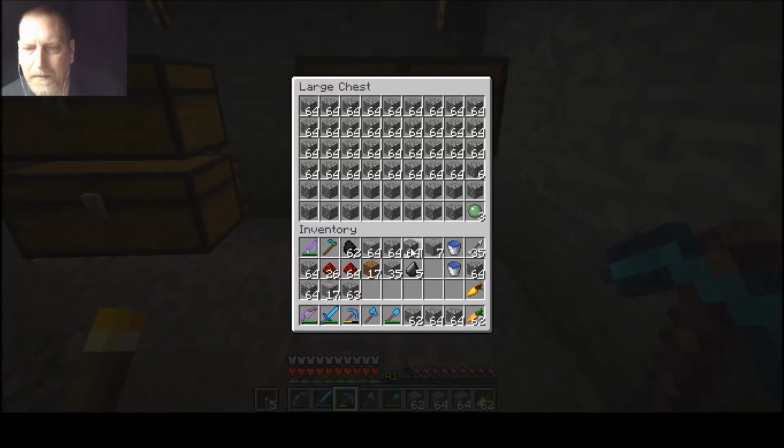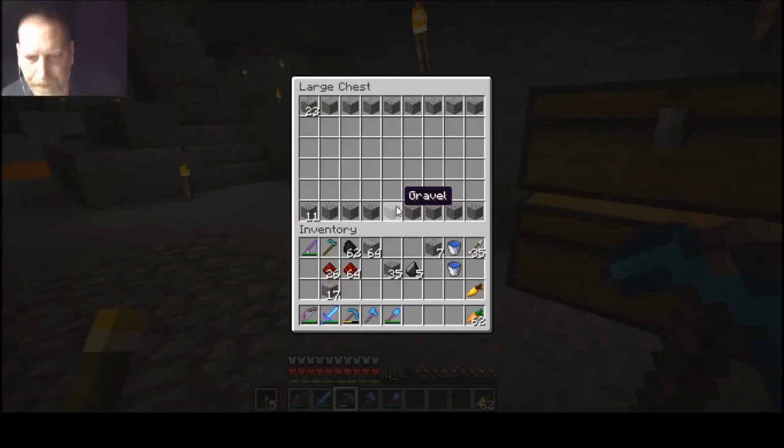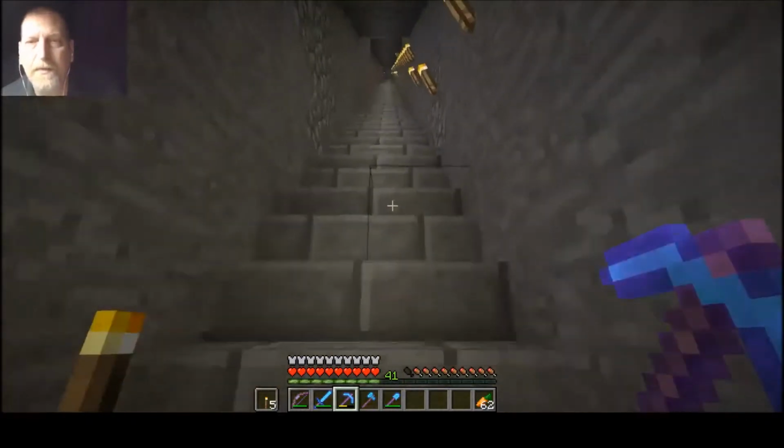Alright. Cobble. Oh man. You realize we have almost a double chest of cobble already. Alright, so gravel's not in here. Oh, it is. Okay, into sight. Alright, so we got a stack and a quarter of iron, stack and almost a half of redstone, and a whole bunch more coal this time around. So I would say this was a pretty fruitful